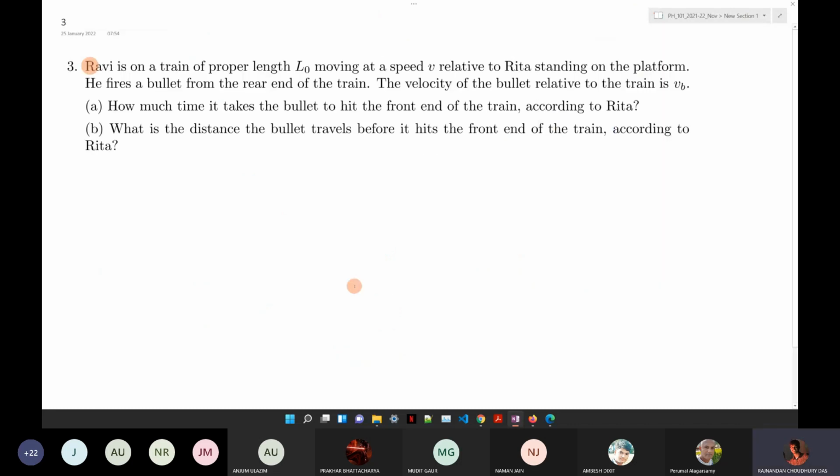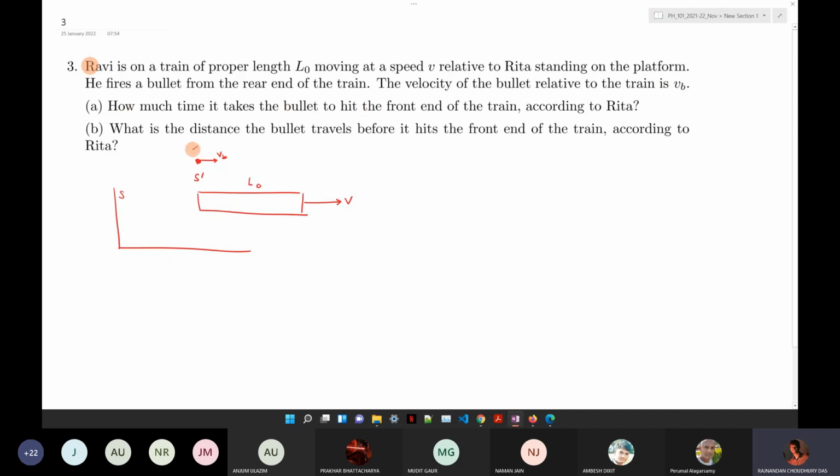So then the third part. Ravi is on a train of proper length. We are given that this train is of length L0. Suppose there is some observer S prime which is moving with respect to S at some speed v. Then he fires a bullet from the rear end. So he is standing here, and from here he fires a bullet with speed vB with respect to S prime. Okay, so this is given to us. Now we are asked how much time it takes the bullet to hit from the